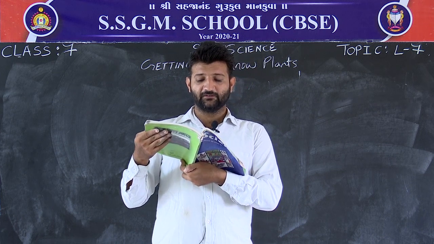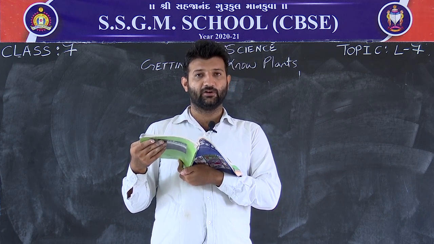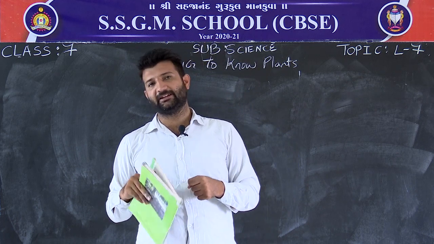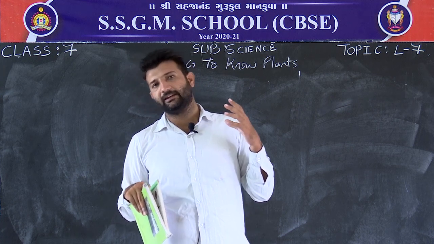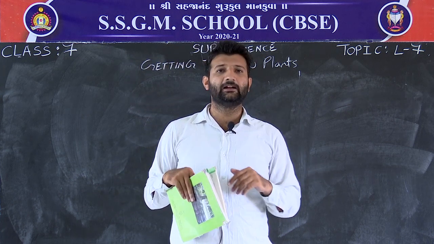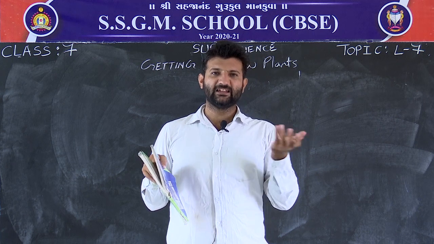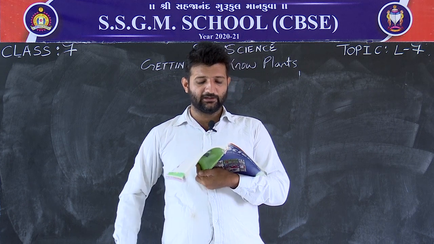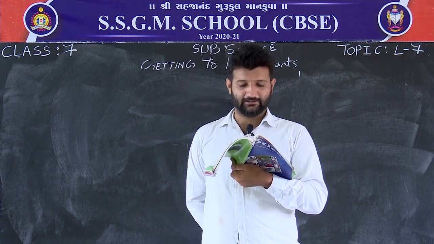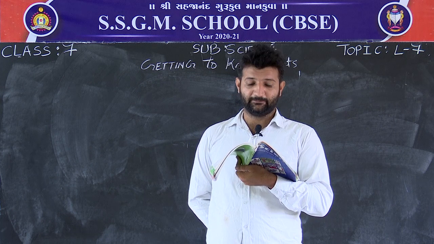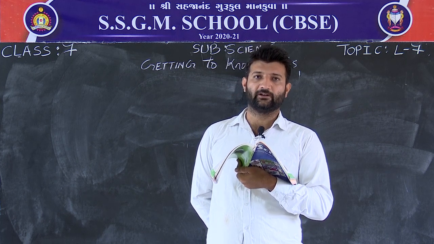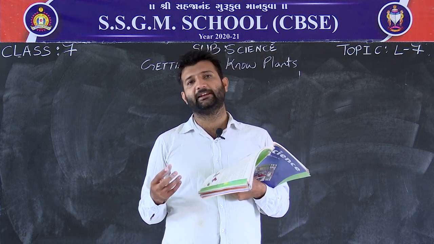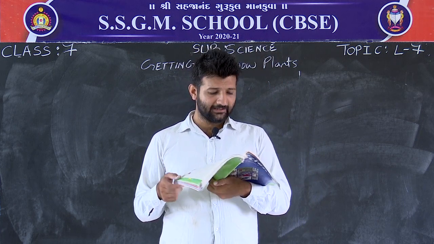Water comes out of the leaf in the form of vapor by a process called transpiration. So, they are talking about the process known as transpiration. Transpiration is a process in which water vapor comes out from the leaves, the excess water coming out of the leaves. Plants release a lot of water into the air through this process. Some water they need for making food, but the water present in excess quantity they remove from the leaves.